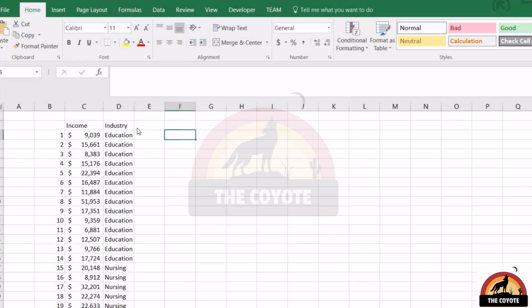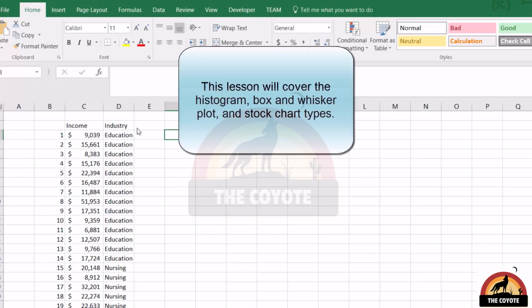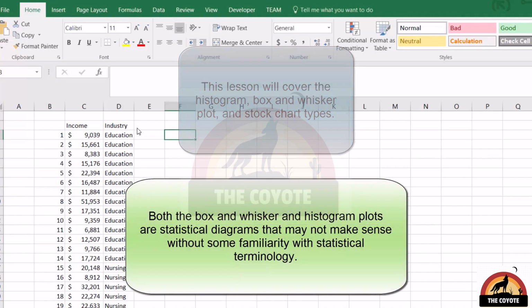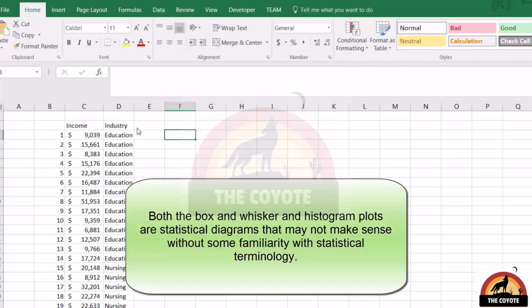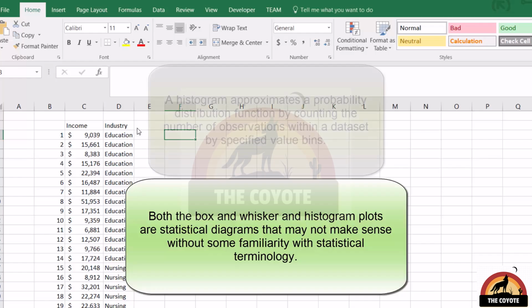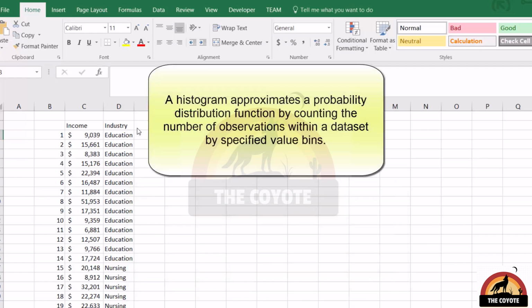This lesson will cover some chart types with fairly specific applications: the box and whisker, histogram, and stock chart types. Understanding the box and whisker and histogram plots requires a modicum of statistical understanding. Both of them segregate a set of sample data into different groupings. The histogram simply puts them into percentage blocks of data for visualizing how the data is dispersed to mimic a